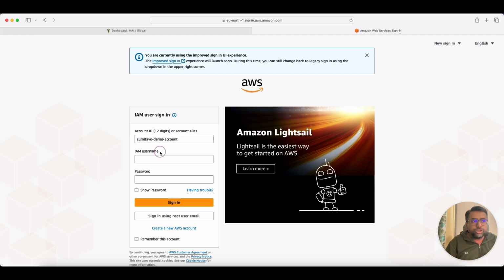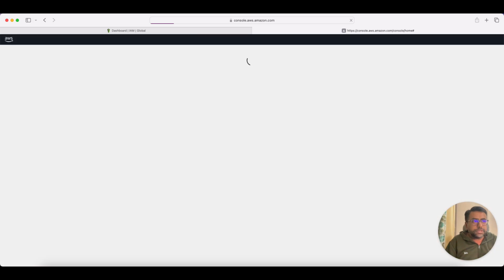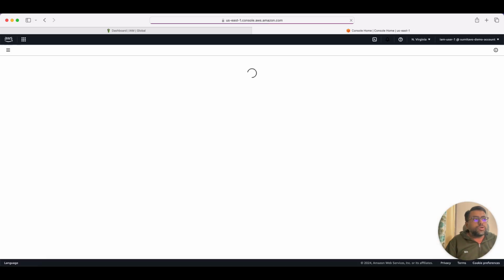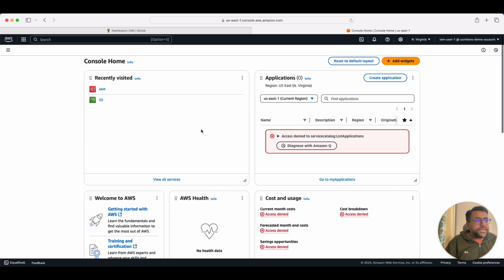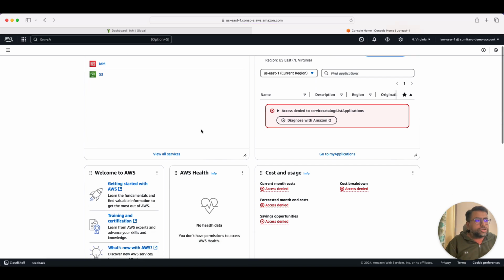And now I need to enter the IAM username and password. Earlier, if you remember guys, we were signing in using the root user email. But now since I have created an IAM user for myself, I can just use the username that I created earlier, and I can just type in their password and I can sign in now. Cool. So I have now signed in as my IAM user here, but something is not looking right,